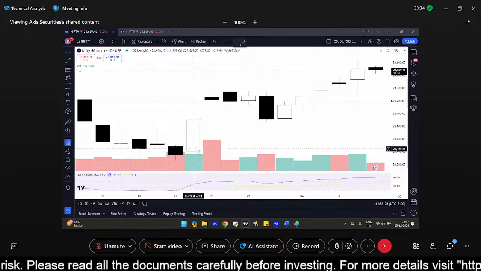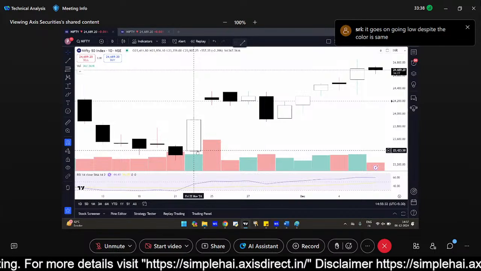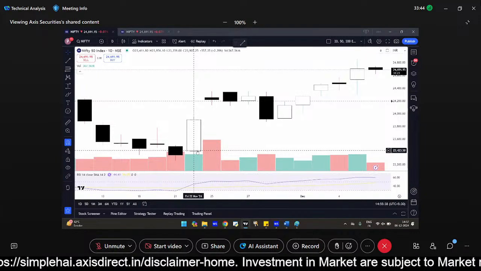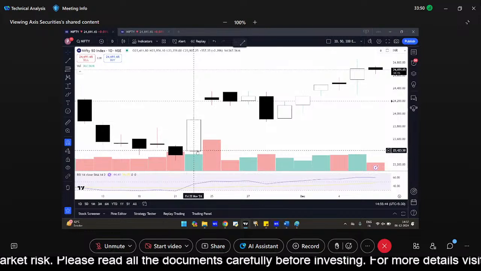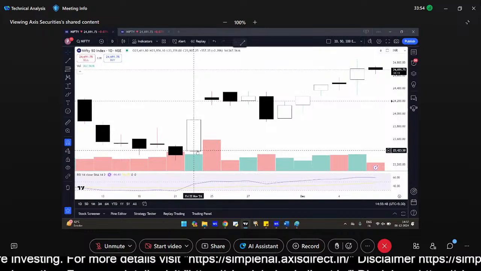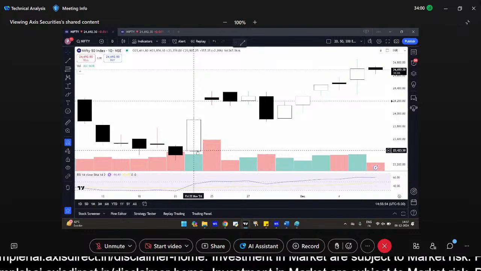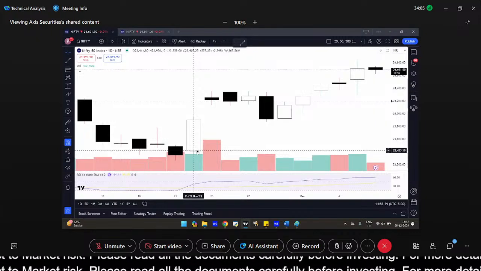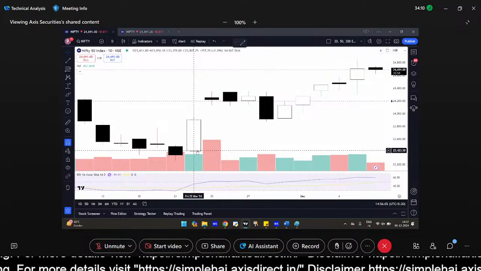So see, एक बात ध्यान में रख लीजिए. जब भी आप कैंडल बोल रहे हो ना, the close comparative to the open is what determines the color of the candle. So there can be instances जहाँ पे there is a gap down, but there is a negative close, but the next day there is another gap up and a negative close, followed by another gap up and a negative close. So basically you will see that the trend is going higher and higher, but the candle colors are going to be red or black.